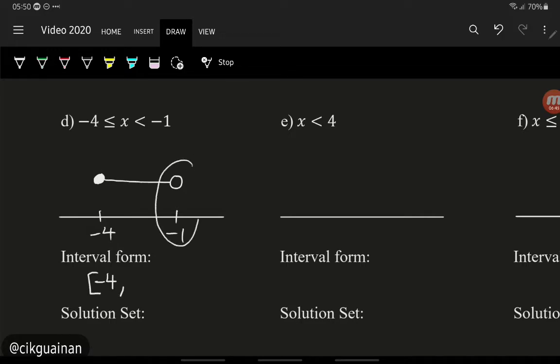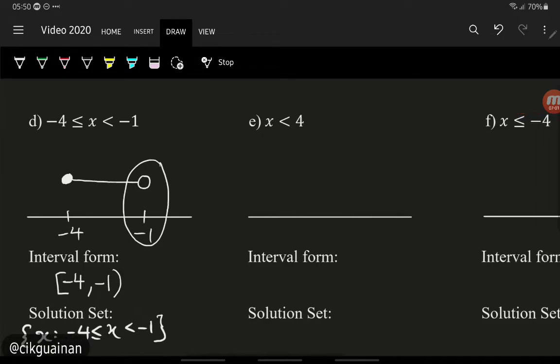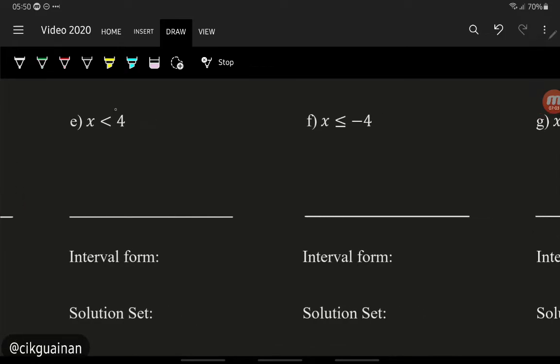And then minus 1 is not included. So minus 1 not included. Okay, so our solution set is just that whole thing. This one included, this one not included, and then close. Okay, next. So for this one, unlike the previous one,